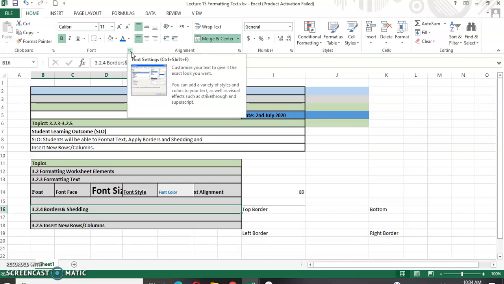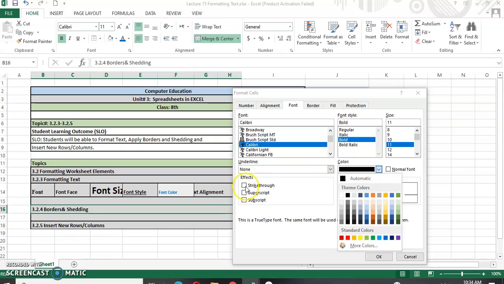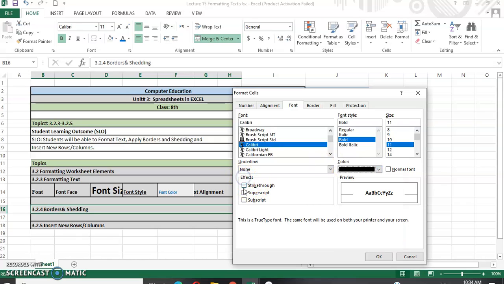This dialog box is activated with this drop down arrow. Here comes your Format Cells dialog box. In this dialog box, we have the font tab over here. With this font tab, we have different sections of font, that is underline styles, font styles, font sizes, font colors. Then comes your font effects: strikethrough, subscript, superscript. These are all commands related with font setting.